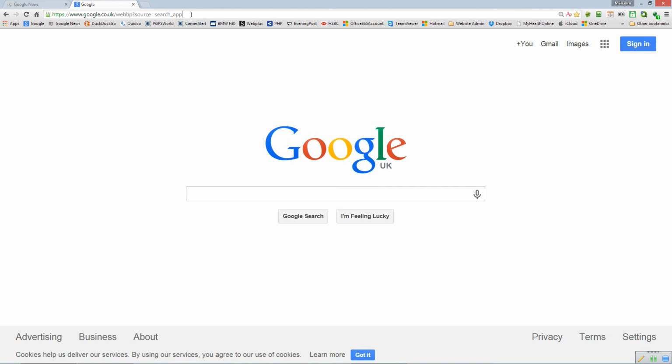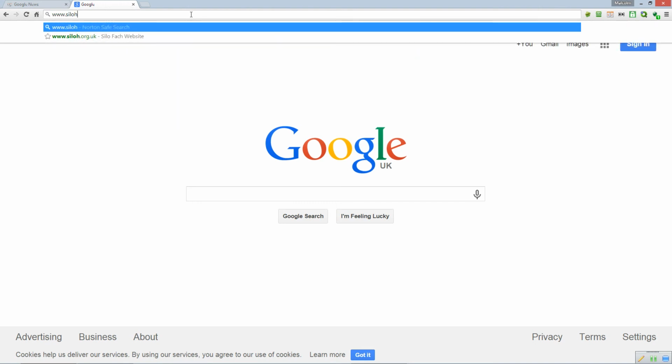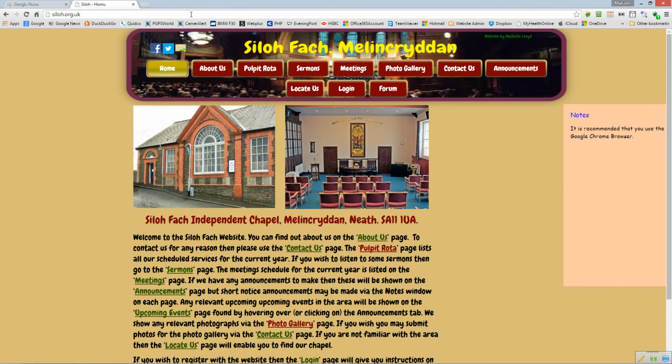So if I click into the address bar, that highlights the current address in there. So I'm just going to type in now www.siloh.org.uk, which is the address of the website. Okay, and having done that, I just press the enter key, and that loads the website up. The first thing it loads is the home page,